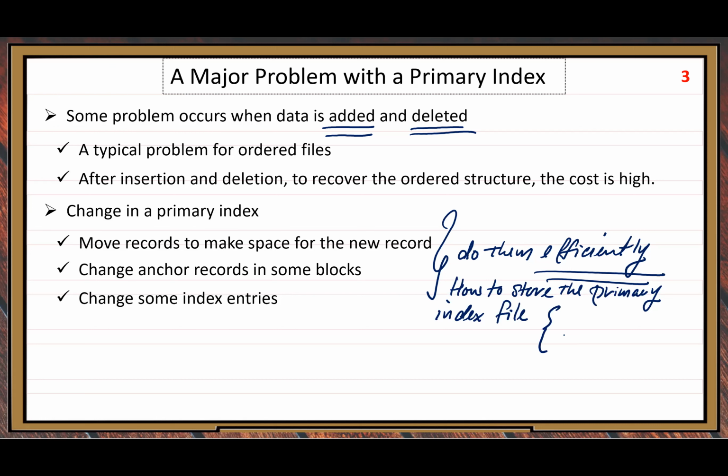We consider two ways to store our primary index file. How do we build a structure for our primary index file? Two ways. One is